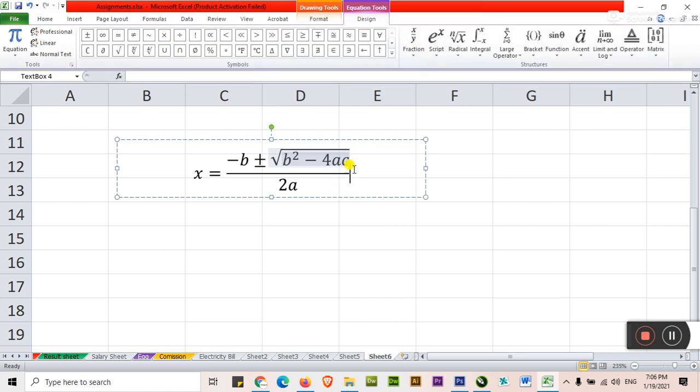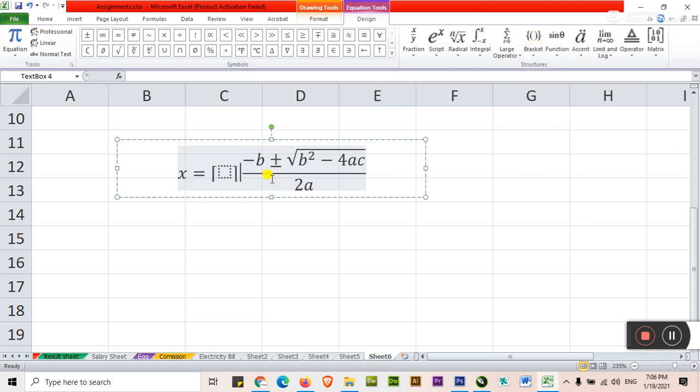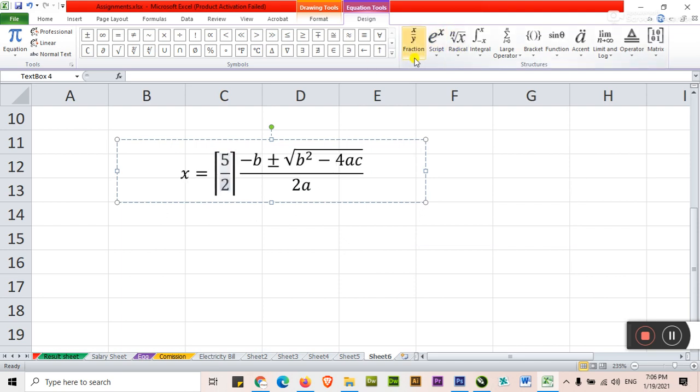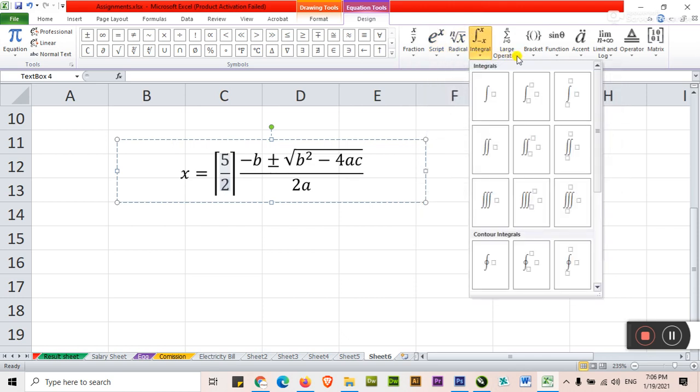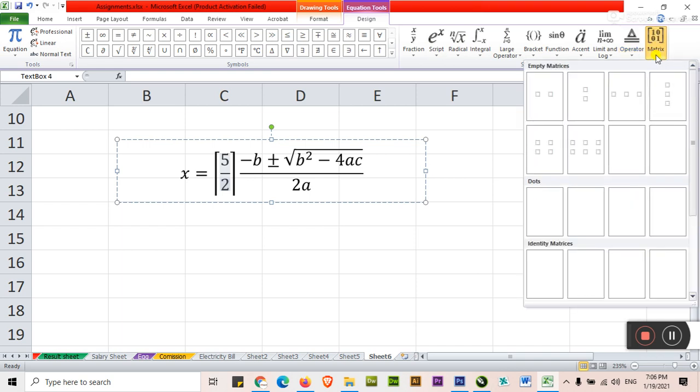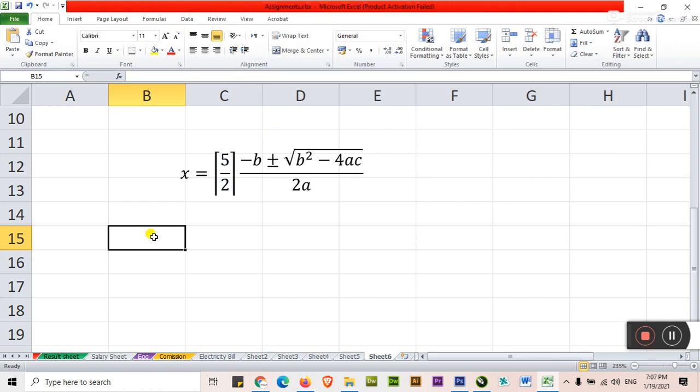These are the parameters. For example, this is your current position. Here you want brackets. In bracket, you want your fractions. You start here 5 and click here 2. There are different topics, icons and symbols that you can enter here, whatever you like. Okay, this is basically your equation area.